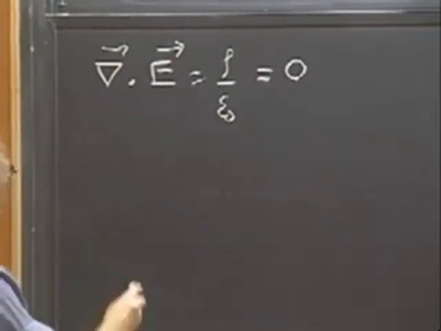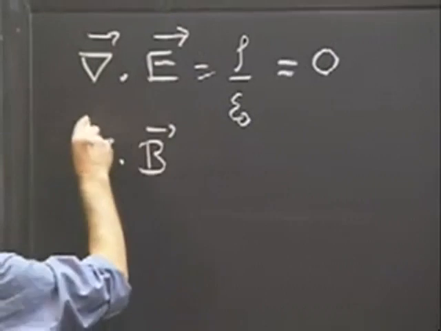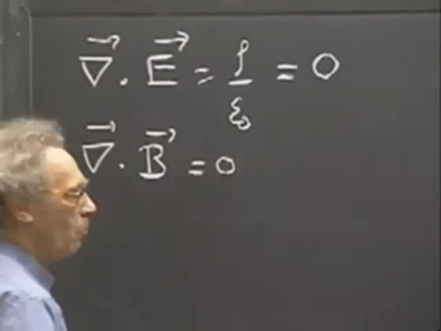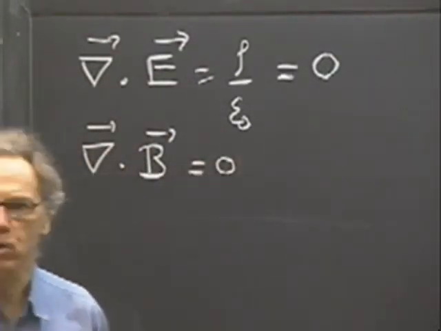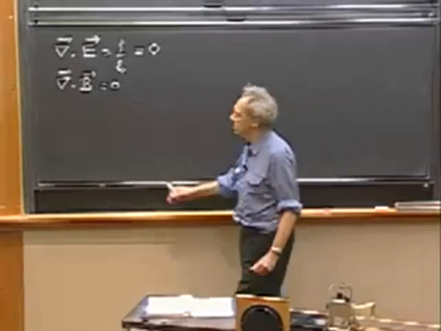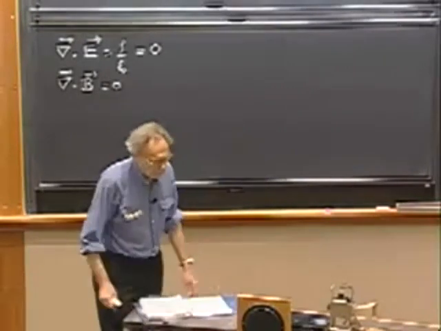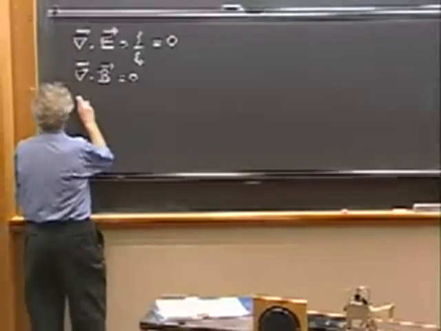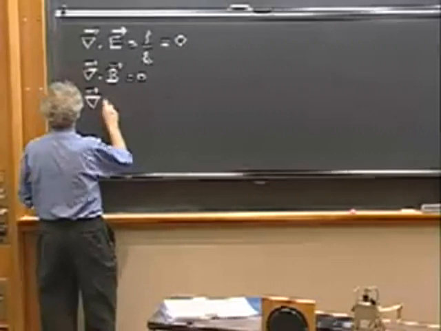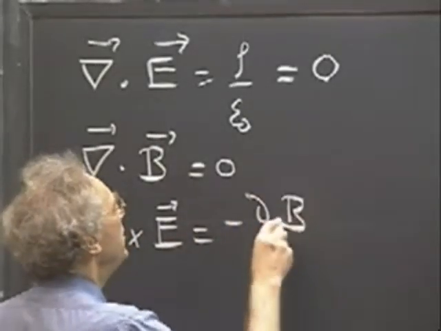Then we have the divergence of B. That is 0. If one of you ever discovers a magnetic monopole, you would not only get the Nobel Prize, but then the divergence of B would not be 0. And then we have the curl of E equals minus dB/dt,